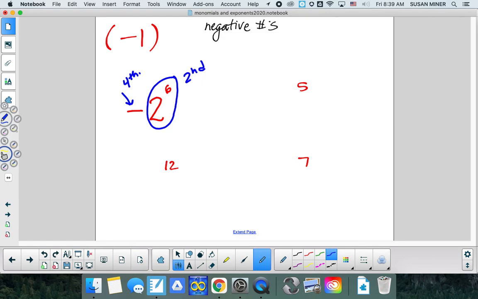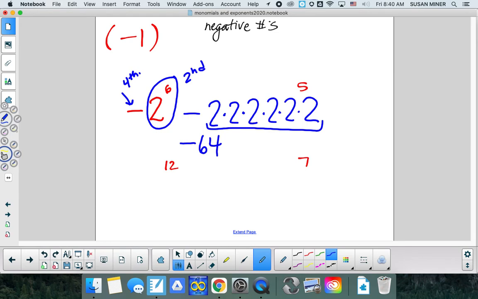And so this is telling me, take the negative of 2 times 2 times 2 times 2 times 2 times 2. What I'm going to end up getting is negative 64, because I'm going to multiply all of this together first